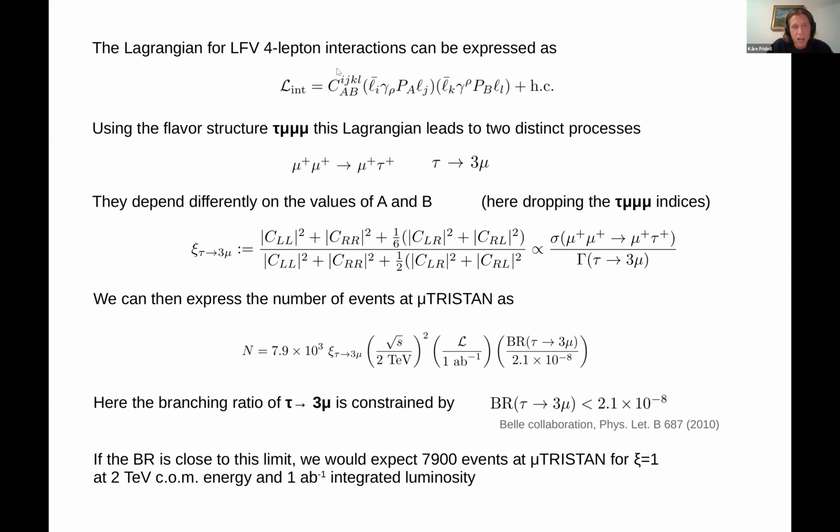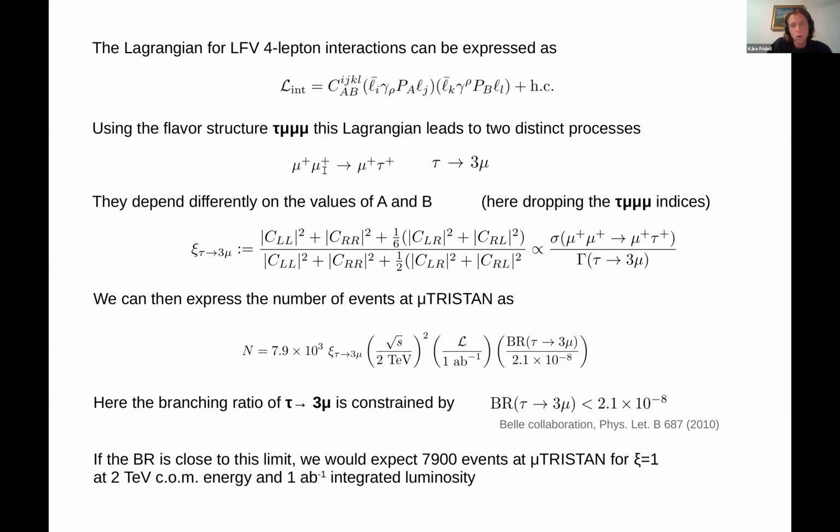So the lepton flavor violating signals can be mediated via these dimension 6 operators, or the 4 fermion operators, which just look like this, but you have different flavor indices on the leptons and different projection operators. And the same term that leads to the process mu plus going into mu plus tau plus would also lead to the tau plus into 3 mu decay. It's simply putting tau mu indices on these leptons. But they depend differently on the projection operators.